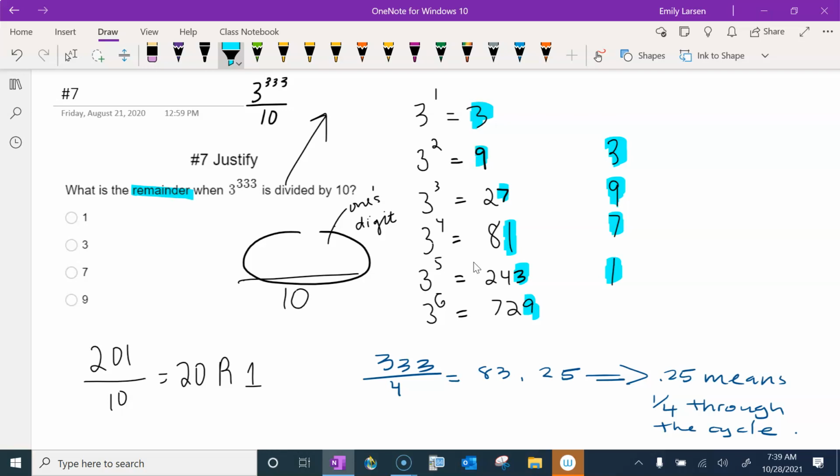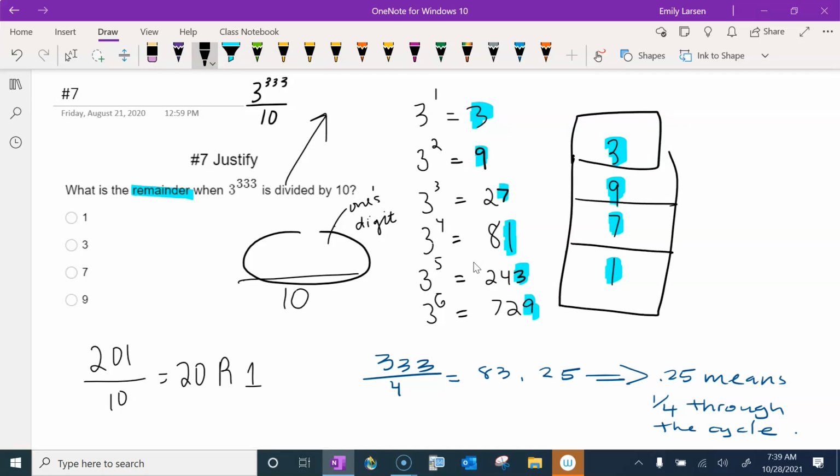So 1 cycle, 2 cycles, 3 cycles. And it takes 83 cycles plus another fourth of a cycle, because that's 0.25. So 1/4 would be at 3, because there's that fourth, right? This is the 1/4 of that cycle. And so the answer is